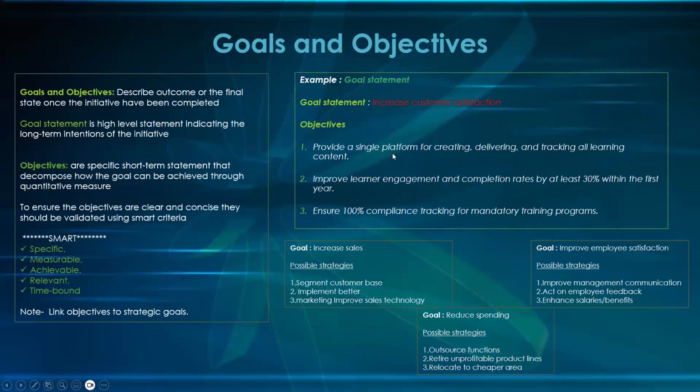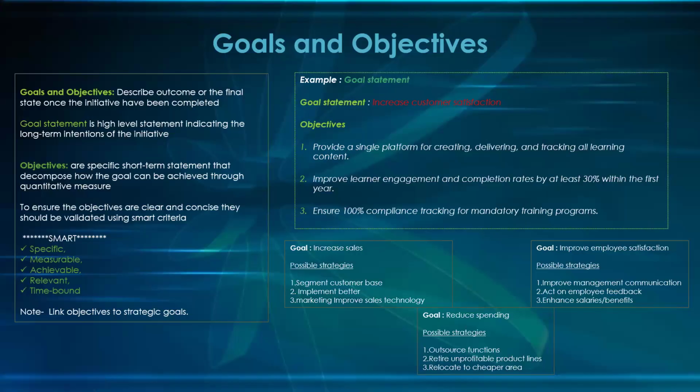So the only thing I can do in this case is to say, to track all learning content between the 3 months that you're in the program. Between 3 months, we've built that to deliver and to track learning content in 3 months. So that is the time. Although here I didn't include the time. So I can decide now to include the time to make this objective smart.